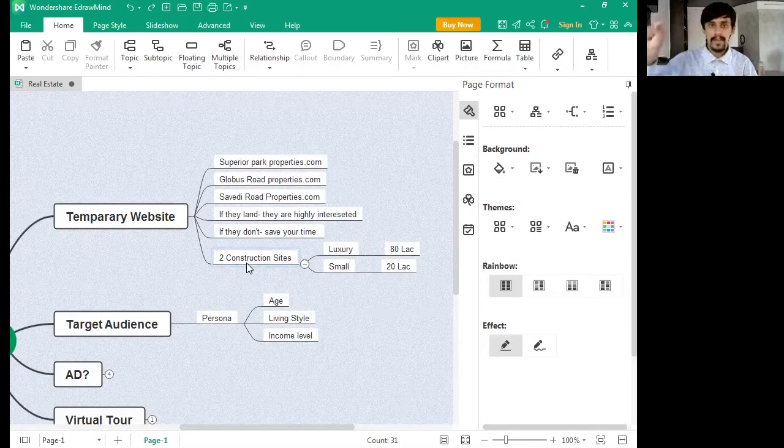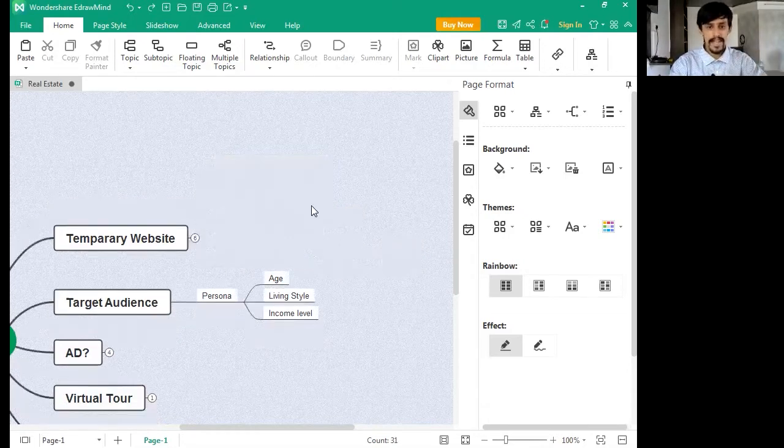So it's very important that you make two different websites. When you collect leads from the two different websites, you'll easily understand that this person has come to buy the 20 lakh property and this person the 80 lakh one. So you can make yourself mentally ready, take precautions, and prepare everything from your side, so you know that better. So make sure you make two websites if you have two sites. Okay, so this is the very first important part, that's done.